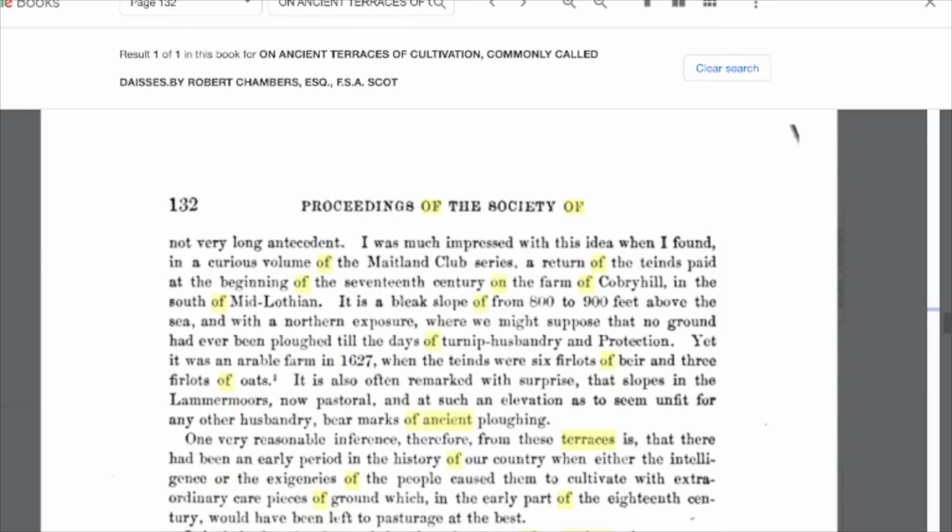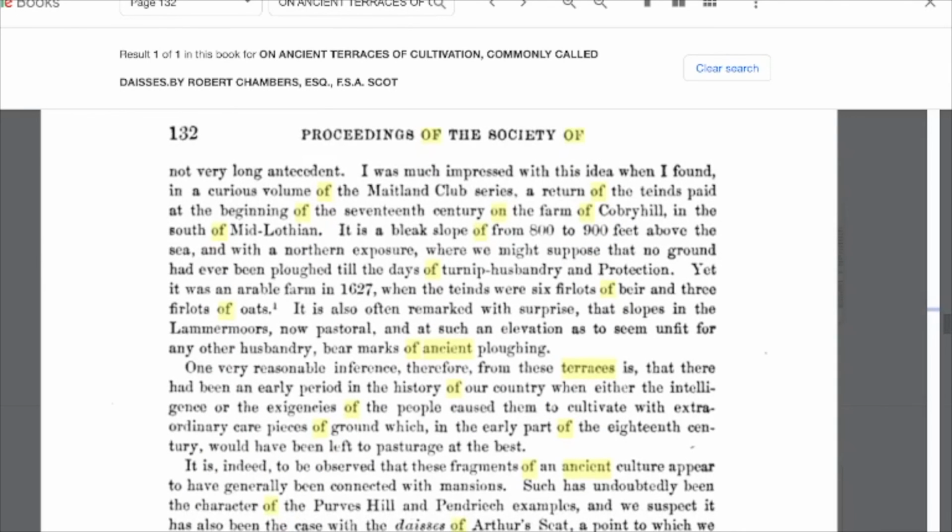I was much impressed with this idea when I found, in a curious volume of the Maitland Club series, a return of the tiends paid at the beginning of the 17th century on the farm of Corby Hill, in the south of Midlothian. It is a bleak slope of from 800 to 900 feet above sea, and with a northern exposure, where we might suppose that no ground had ever been ploughed till the days of turnip husbandry and protection. Yet it was an arable farm in 1627, when the tiends were 6 firlots of bere and 3 firlots of